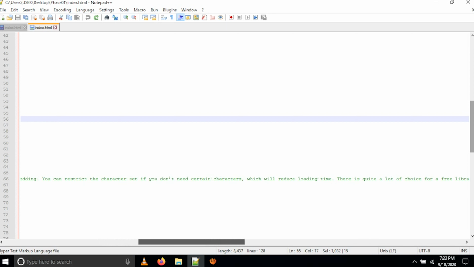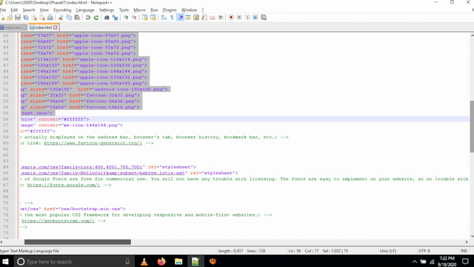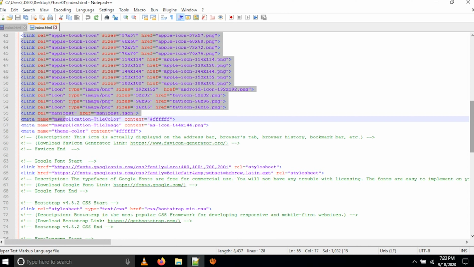There is quite a lot of choice in the free library. The typeface can also be downloaded and used in print. Okay guys, this is very easy, and it's free. You can use Hindi, Arabic, English, anything related to Google Fonts is very easy, and you can see the URL I have given.